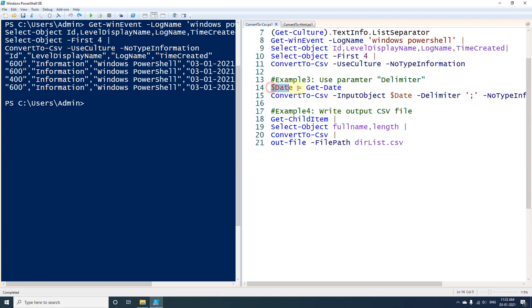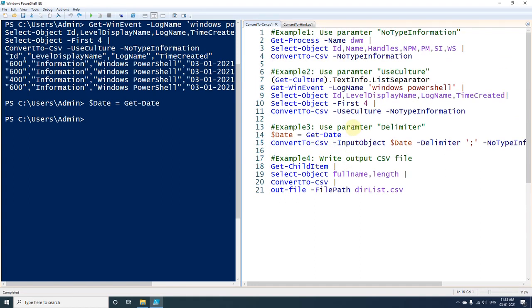So first of all I will be getting the date using Get-Date, and I will be storing it into a variable. And in the next line again I have used ConvertTo-CSV, and here you can observe one thing.